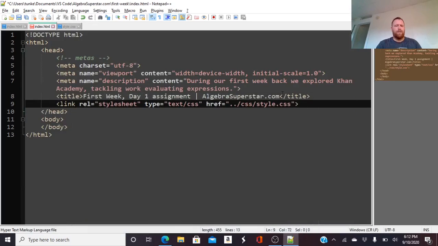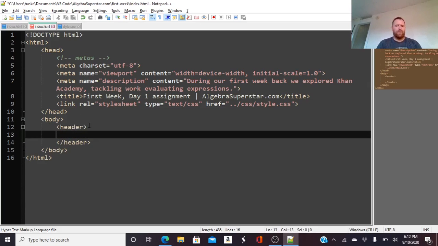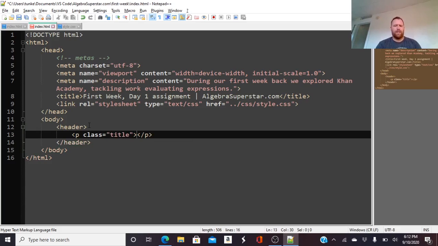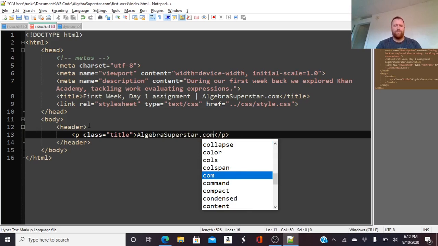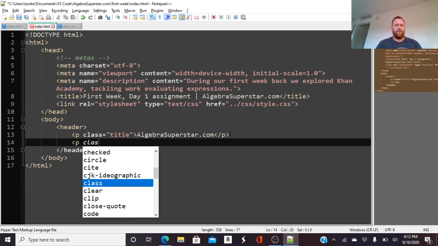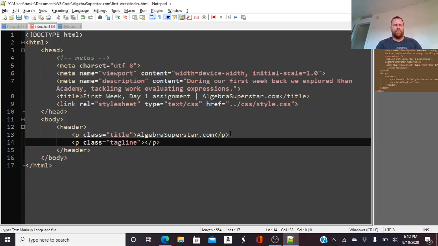Okay, so in here, I'm going to tab over here, create a header, and we don't have a nav menu in this one. But what I want to do is give this a paragraph with a class of title, which is a class I defined, and I'm just going to type algebrasuperstar.com. Then we have a paragraph below with a class of tagline, and I'm going to type "Helping you become an algebra superstar,"